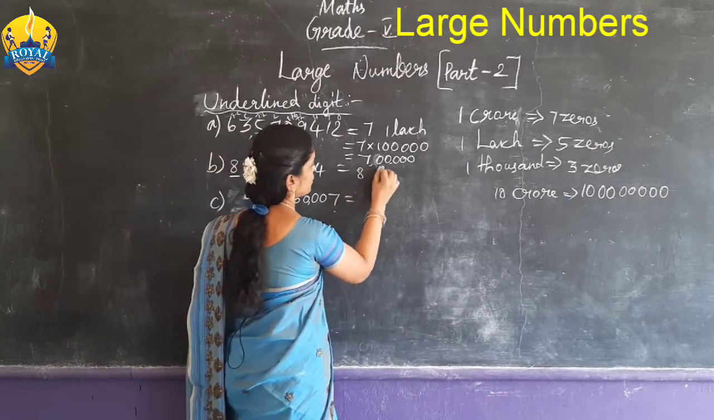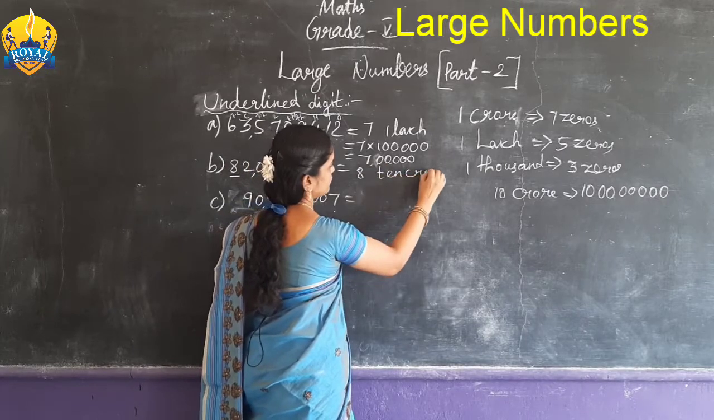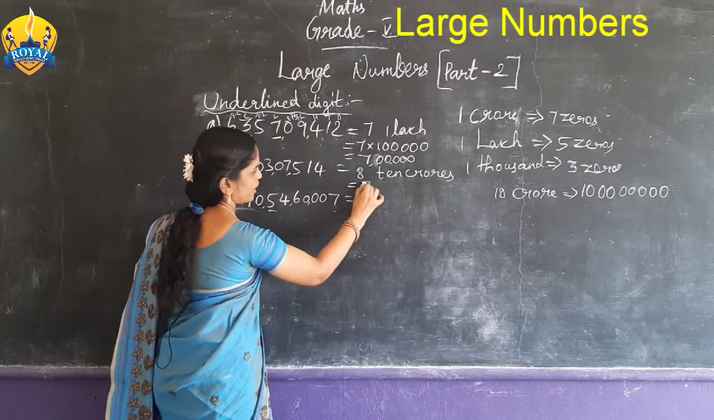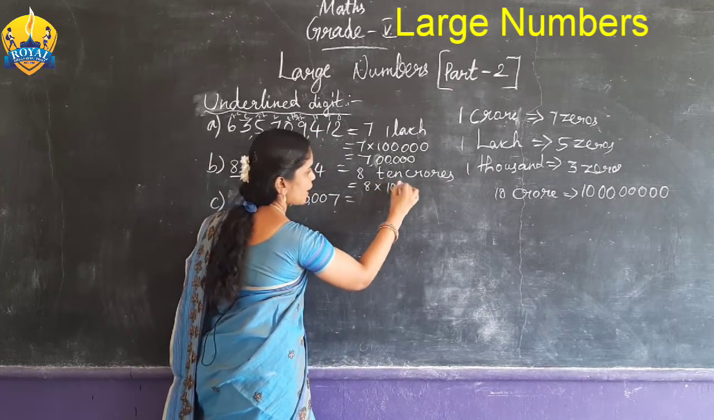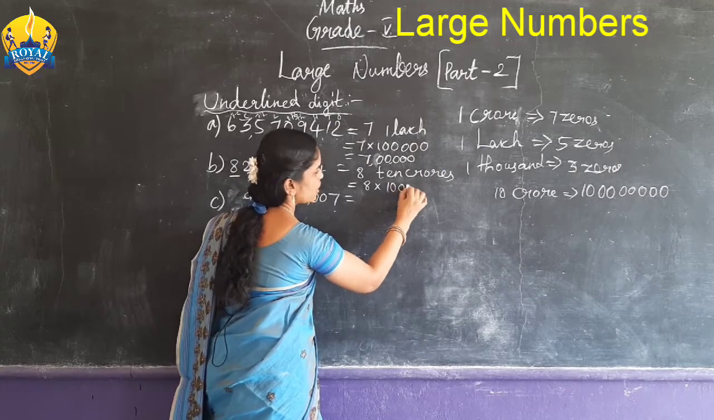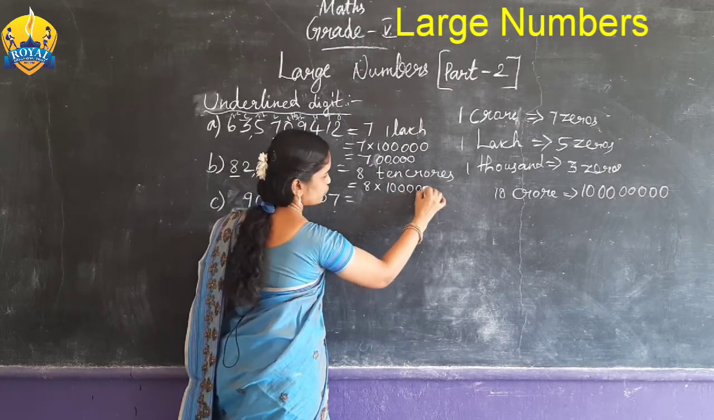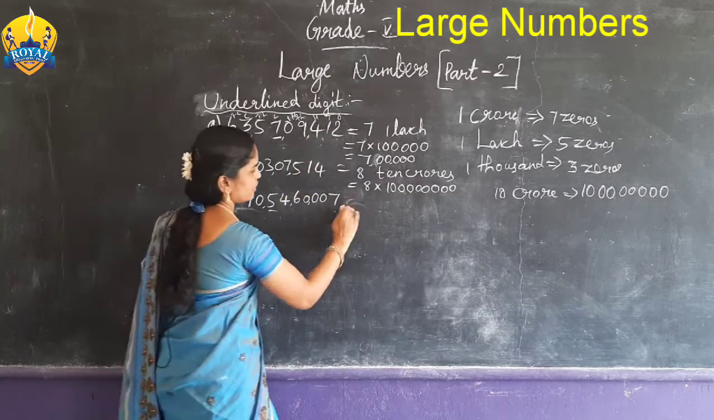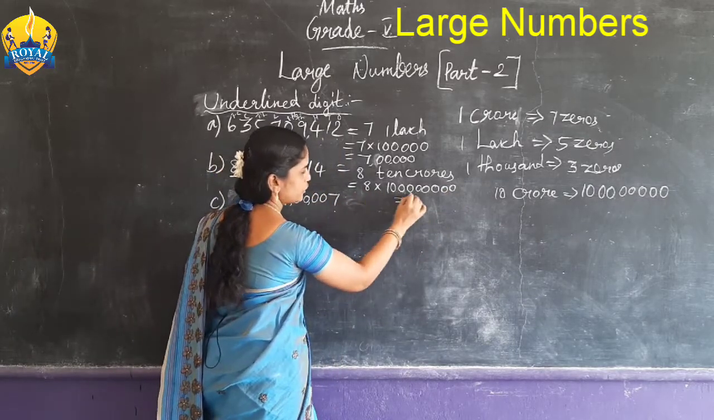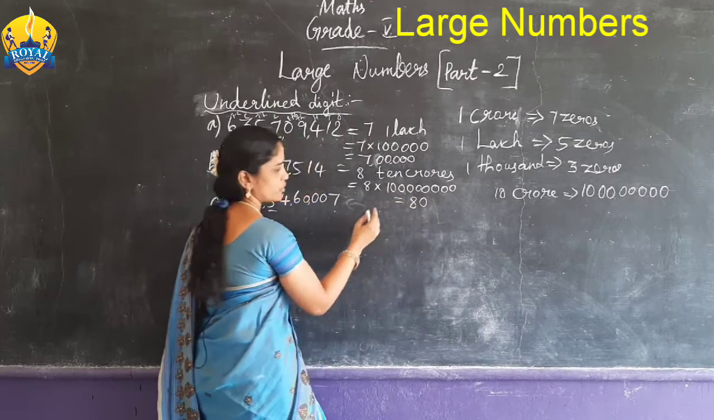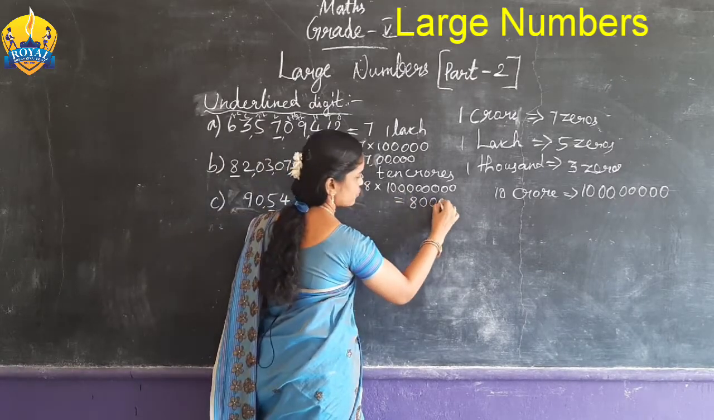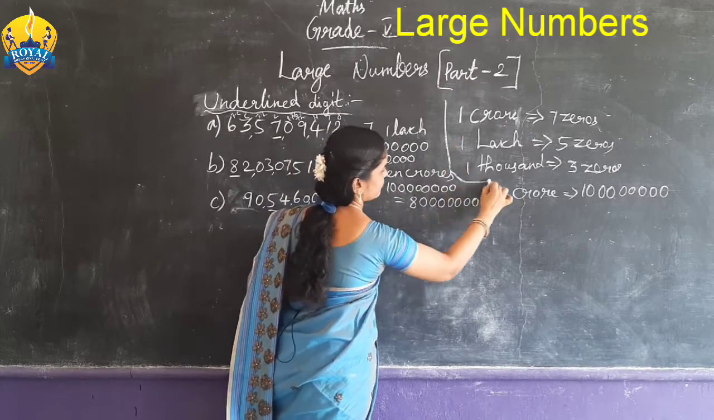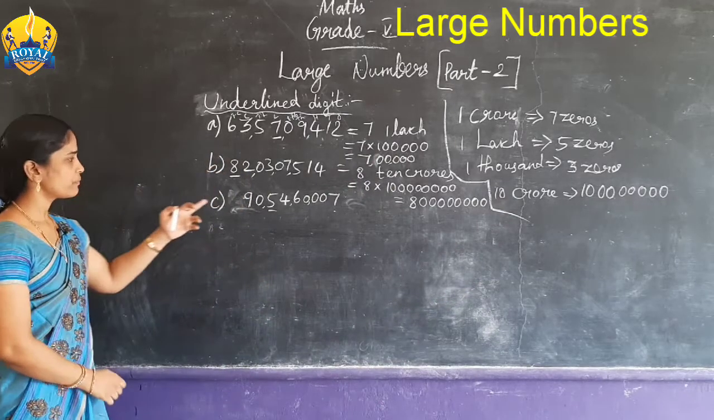So 8, 10 crore. 8 into 10 crore, and crore has 7 zeros. So we put 7 zeros, 2, 4, 6 and 7. Okay. Is it easy? 8 into 10 crore, 80 crore. 80 and crore has 7 zeros, 2, 4, 6 and 7. Right? The next one